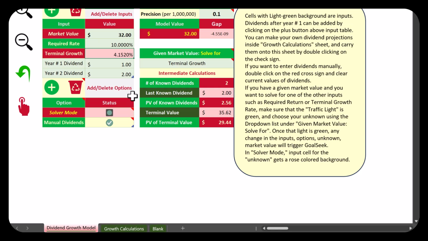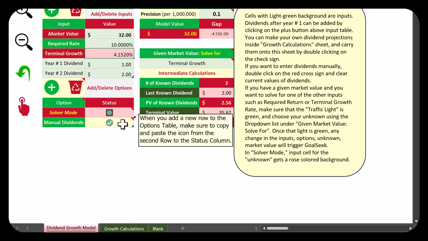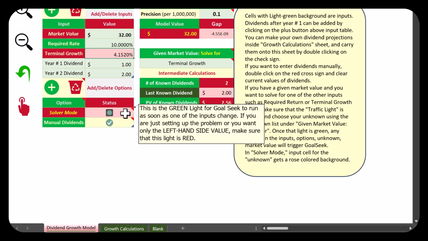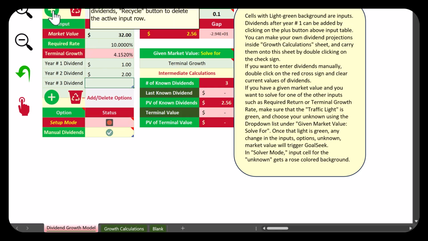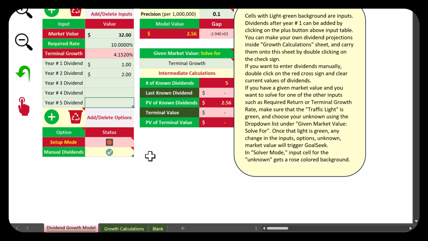Now, this is when you are entering the dividends manually. You could also be entering them by making the projections somewhere else and carrying them here. I'm going to make this a red light for now. I'm going to add dividends up to year 5. I'm going to go to the sheet